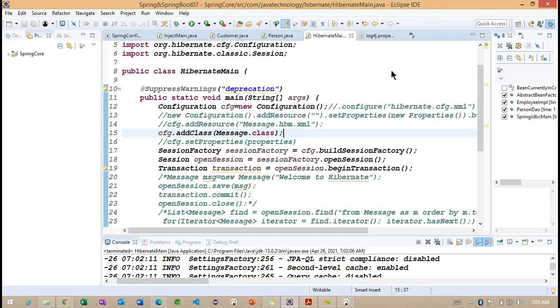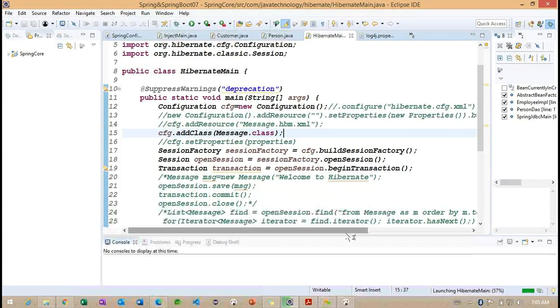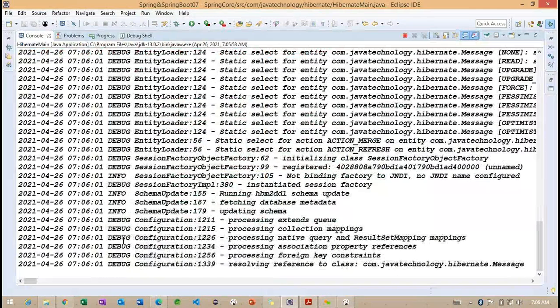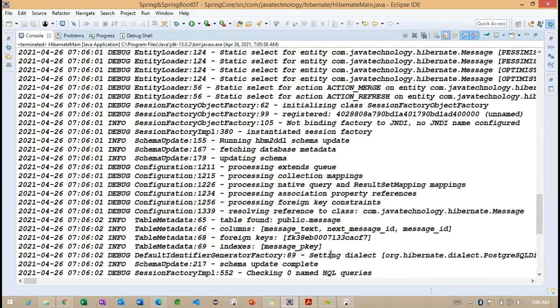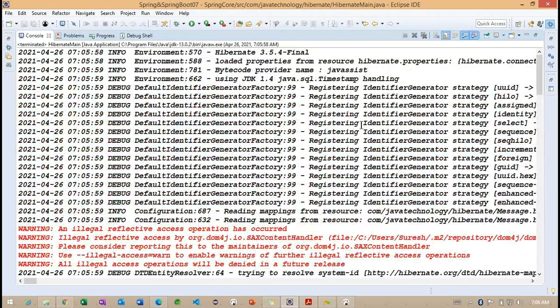Let me run the same example one more time. Now you can observe that compared to this information, with debug we have more information.